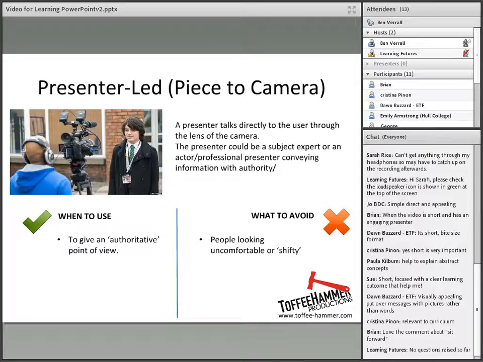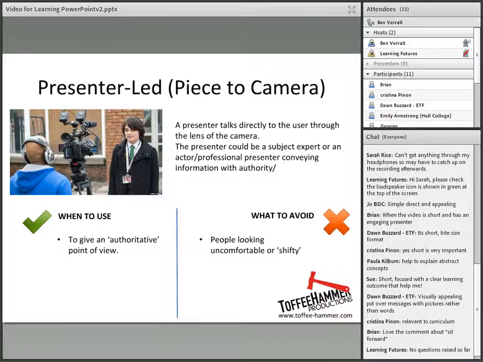The thing about presenting is that you are owning the content that you are presenting. And it might be that someone else has written a script for you, but a good presenter will carry authority with the words that they say. The most important thing about doing a piece to camera is that you need to be relaxed and make eye contact with the lens. It's very easy to lose authority when you're presenting to camera, and that's by looking away from the camera or looking shifty.